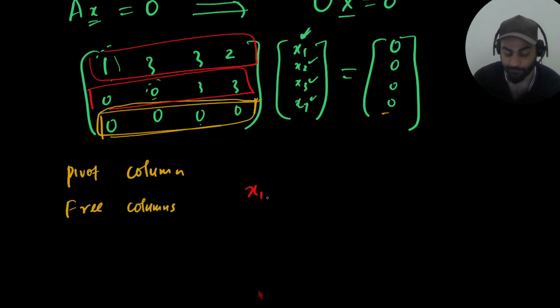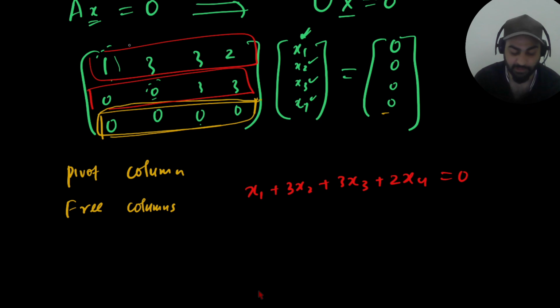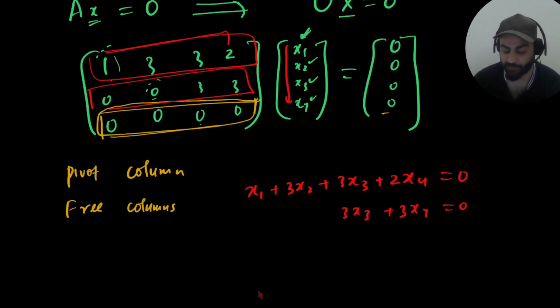So this is x1 plus 3 times x2 plus 3 times x3 plus 2 times x4 is equal to 0. This is the first equation because I'm just multiplying this with this. Again, the other one is 3 times x3 plus 3 times x4 is equal to 0, and the rest is zeros. So now what you can do is, you can sort of have this column and this column as pivot